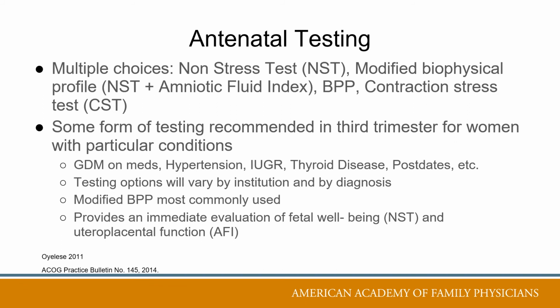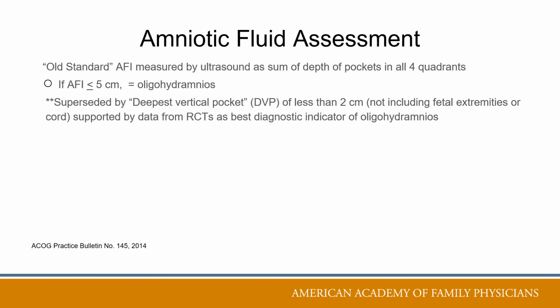As far as the modified biophysical profile, that's really used most of the time. We want to think about the immediate evaluation of fetal well-being, which is the NST, and the evaluation of uteroplacental function, the AFI, as being critical ways in which we can understand how a fetus is doing and how the placenta is functioning, respectively. An AFI is a measurement that is taken via ultrasound that you will learn how to do